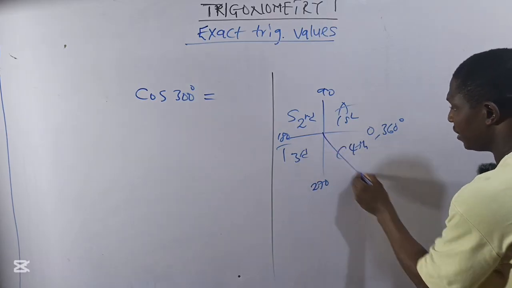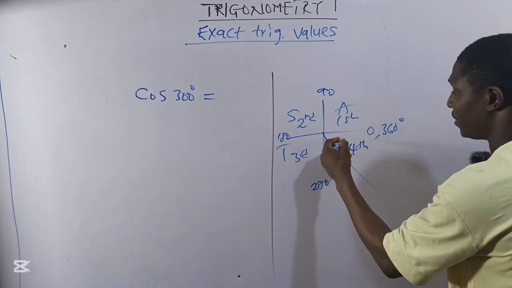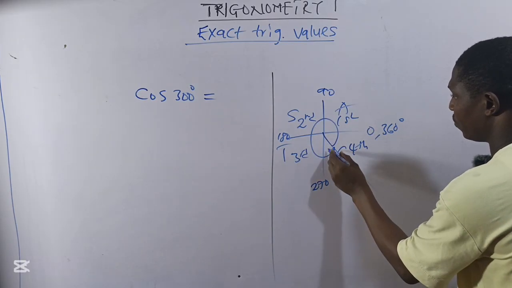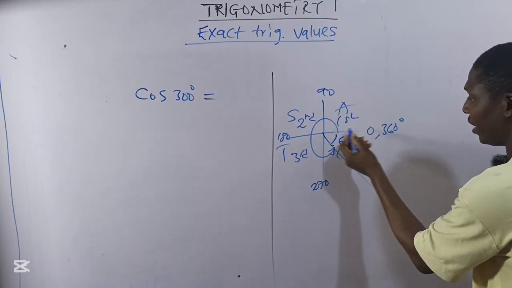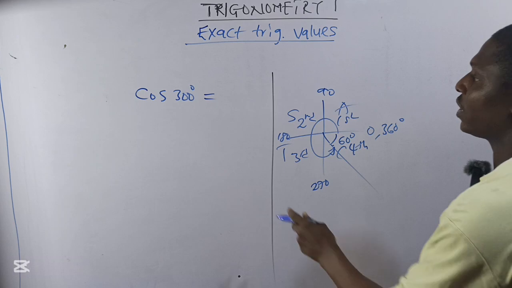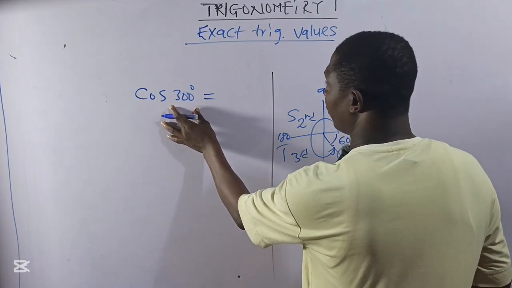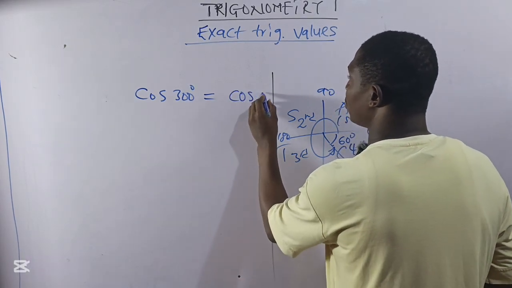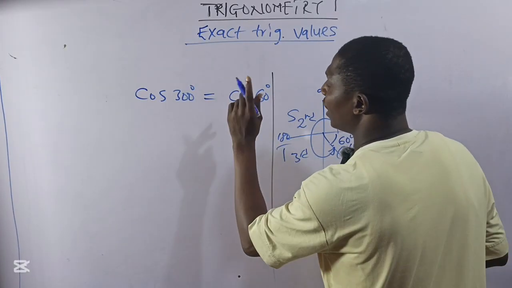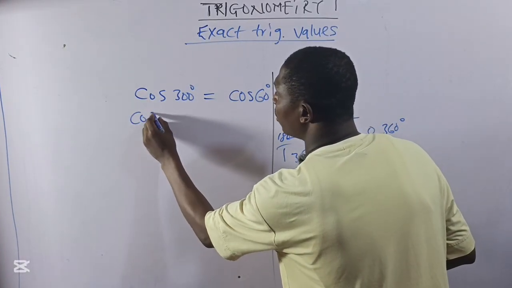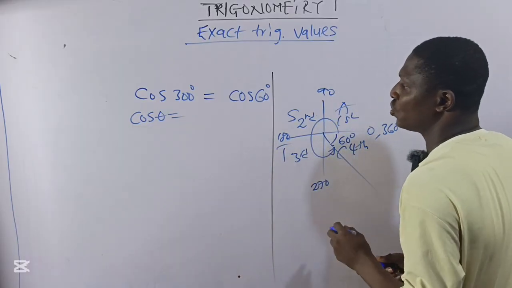We can see that 300 can be somewhere from, since it's positive, from here to here is 300. And what was left here is 60 degrees inclined with the horizontal. So we can agree that cos 300 degrees will be equal to cos 60 degrees. And why is it cos 60 degrees? Because cos 300 at the first quadrant, we simply have cos theta equals